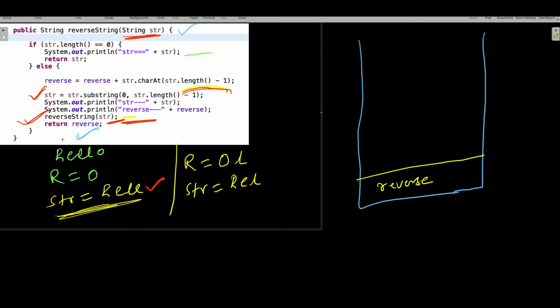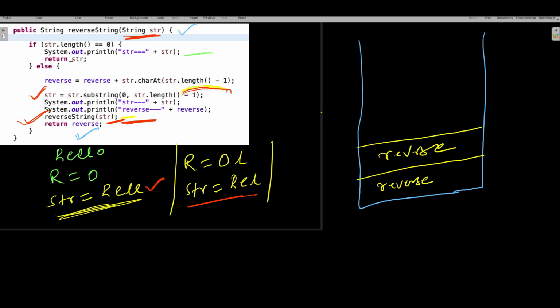Again this line will get called, again the reverse will get called. When you call the reverse, the same method will get called. But again, whatever reverse you have here will now get stored here. That's how it works, because whatever line you have below the recursion call will go and be stored in the stack area. Now again the call will happen, and this time the call will go with the HEL.